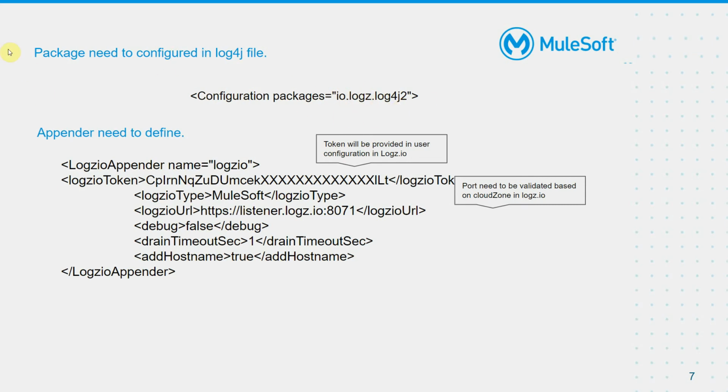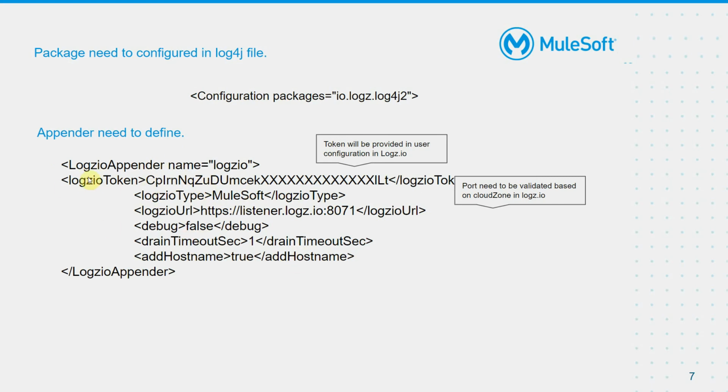In CloudHub, whenever we publish logs through Log4j, we disable the default logging in CloudHub. Apart from that, we add the appender in the Log4j file.